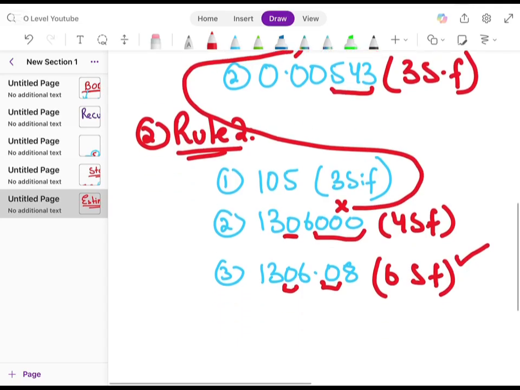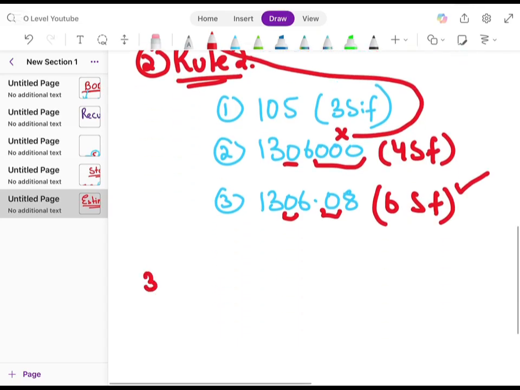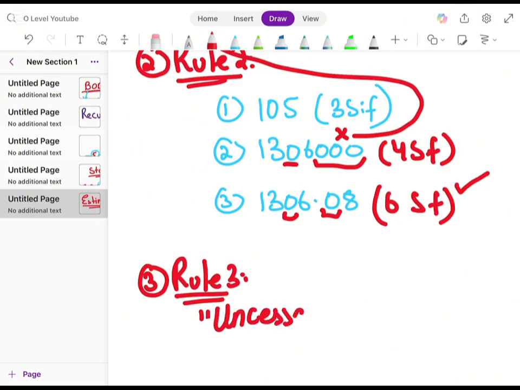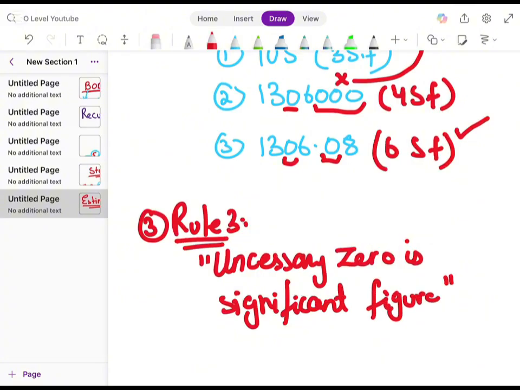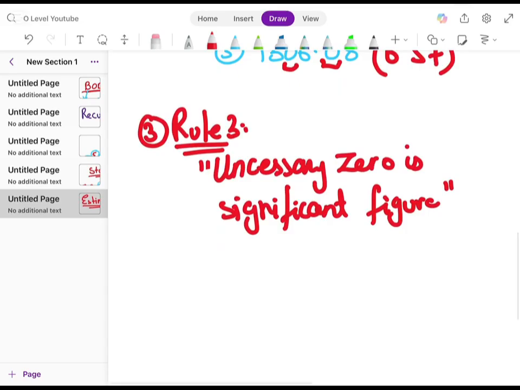Okay, now rule number 3, a very interesting rule. You have to remember in rule number 3, unnecessary 0 is significant. What does this mean? What does unnecessary 0 mean? Now I will give you an example of unnecessary 0. For example, the number is